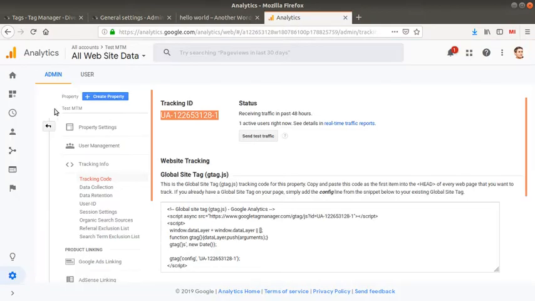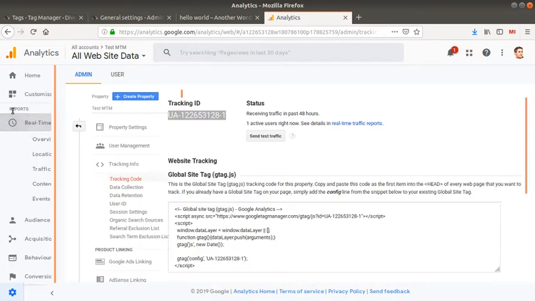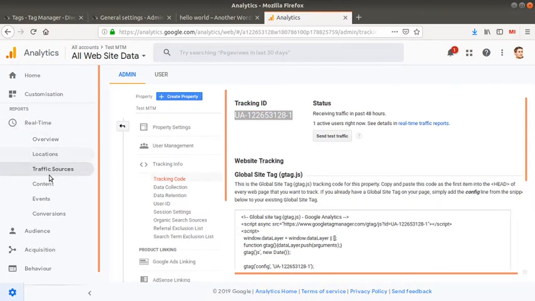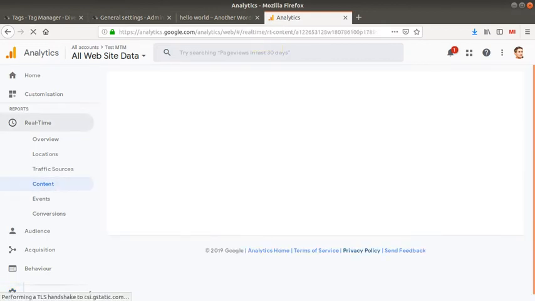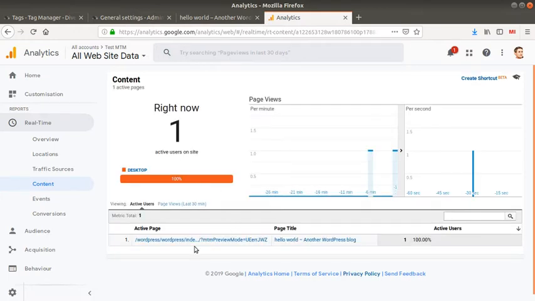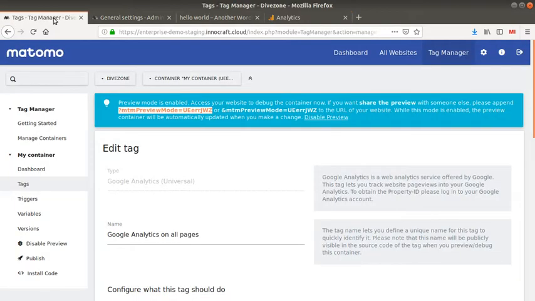If I look at my Google Analytics account in real time, and look at the content, I should see my visit in real time. Let's check. Okay, that's great. As you can see, my page is measured, so now I can technically publish it because I'm sure of what I'm doing.